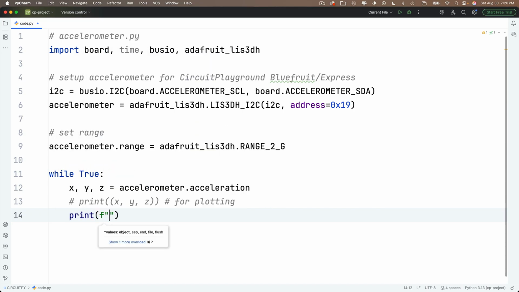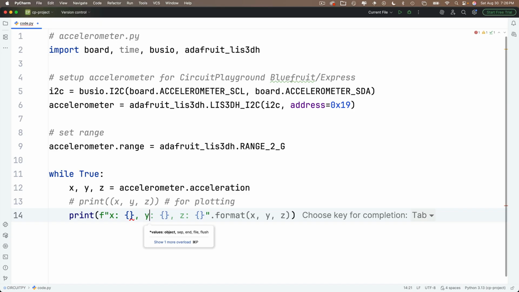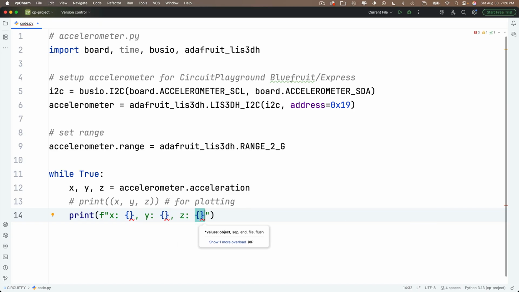and this is going to be an F string with open and close double quotes, and inside those double quotes, the string is going to be x colon, and then we're going to pass a variable in with curly braces, then comma, y colon, curly braces, comma, z colon, curly braces. So all this stuff so far is the string. There are no variables being passed in. But let's go back to this first set of curly braces, and we'll enter x colon